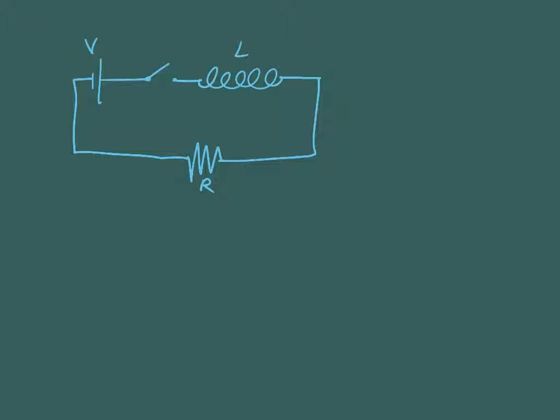So if I close this switch, all right, and current starts flowing in the circuit, at time zero, current will be zero. All right, at that very instant, we don't have any flow. We've just opened the floodgates. It's just that instant before everything starts to take off. At some time greater than zero,